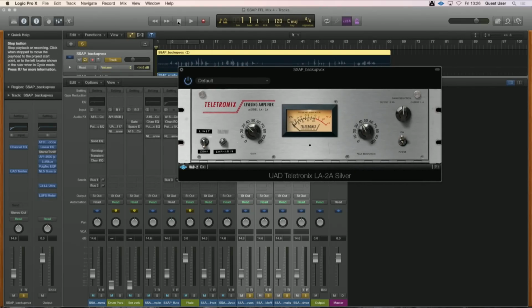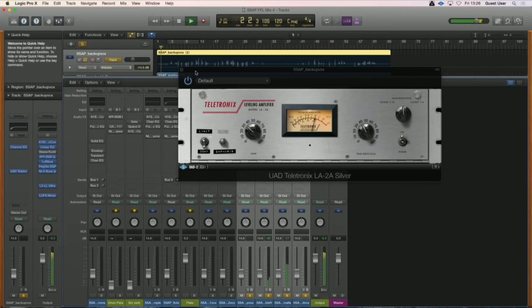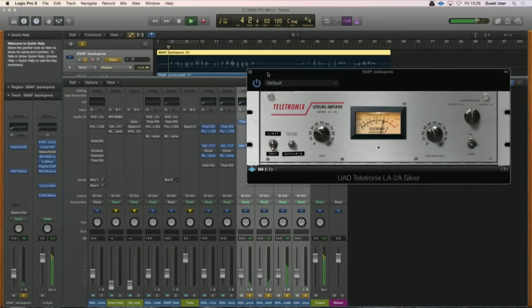So let's have a look. So there's some samples, and there's a double on the main vocal, and then you can hear they've already got reverb on, so that would be hard to deal with. So along with the lead,